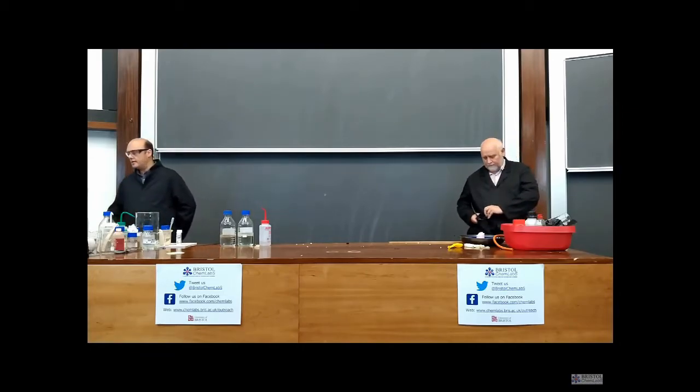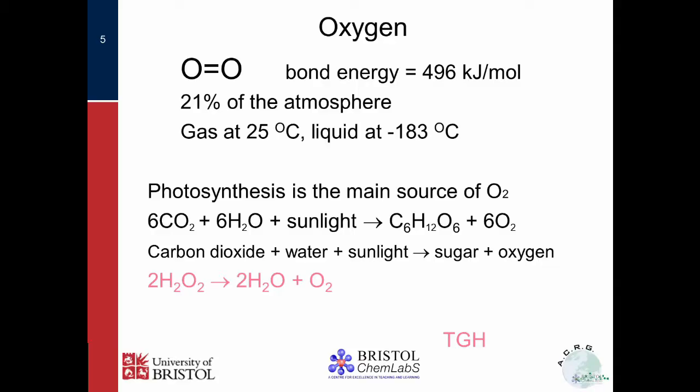So let's think about the next most abundant gas in our atmosphere on planet Earth, which is of course oxygen. 21% of the atmosphere is oxygen approximately, and it is a gas at room temperature, and if you cool it down to minus 183 you turn it into a liquid. Now Tim's not allowed to do that in this lecture theatre and under these conditions,